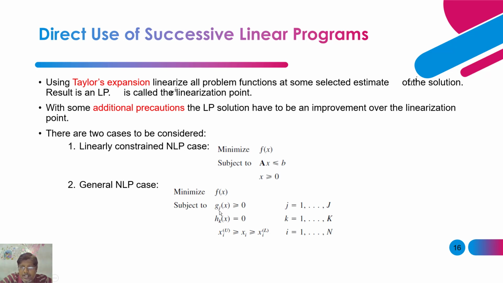So it may be j, maybe if it is 1, then it may be both cases, j, k, i, all, whatever you see. If it is order 1, maybe it may be linear. If it is higher order 2, 3, etc., then it will be nonlinear. So nonlinear subject constraints are there.